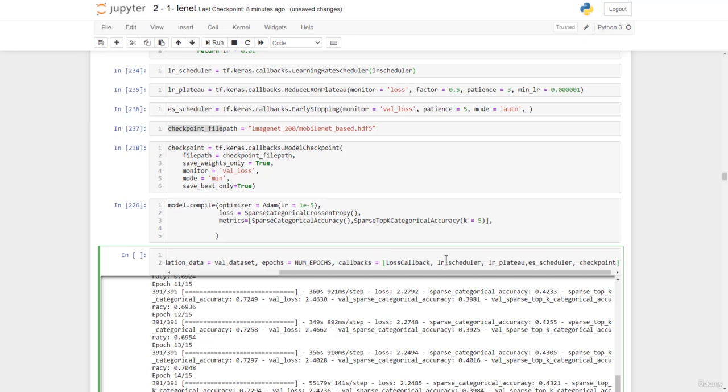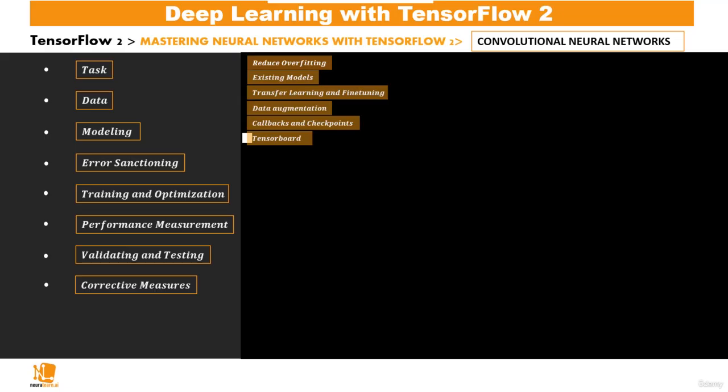So apart from the fact that it helps us save our model weights in case something unexpected may occur, we also save the best model weights. Our next corrective measure will be learning how to use the TensorBoard callback to track